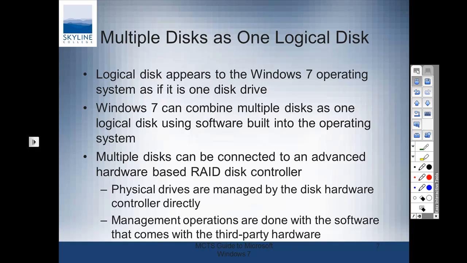Inexpensive because we can take a whole bunch of IDE drives, for instance, which are pretty cheap now, are they not? Actually, they're probably getting more expensive. With IDEs or whatever you have, you combine them into a single drive letter. Advantages are you can have multiple simultaneous reads and writes. So for all you gamers, if you do a RAID 0,